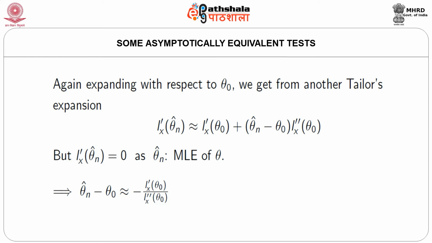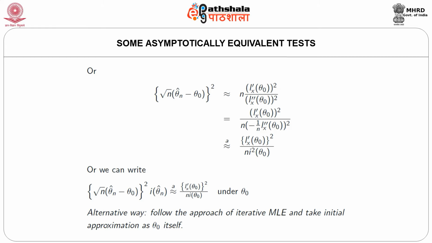But we already know that small l_x prime(theta_n hat) equals 0 because theta_n hat is the MLE of theta, and as a result we get from this approximate relation that theta_n hat minus theta naught is approximately equal to minus small l_x prime(theta naught) by small l_x double prime(theta naught). Or we can say that root n times (theta_n hat minus theta naught) whole square